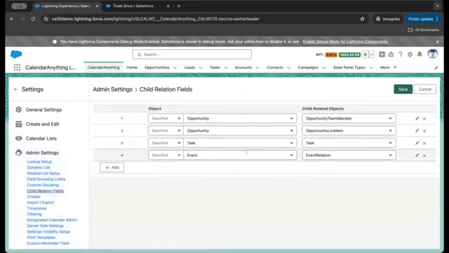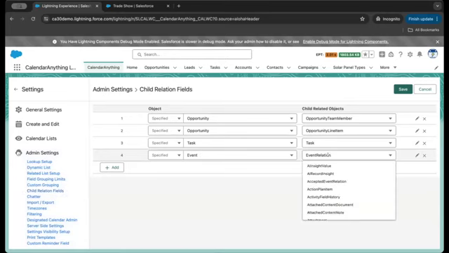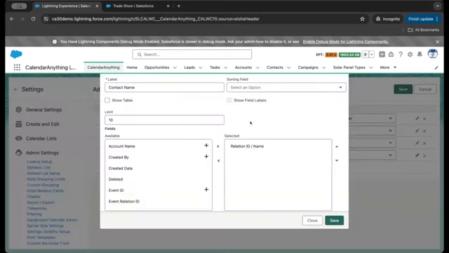So here's what I have set up. It's super easy to do. You select the object that the calendar is built on, then you select which related object you want to look into. So we're using event relation. We're clicking on a pencil here, and we're saying from this object,